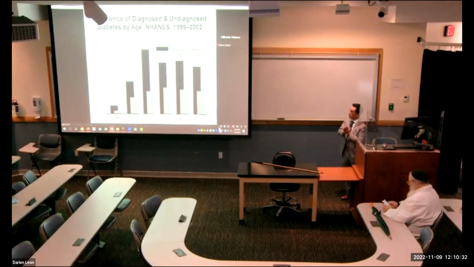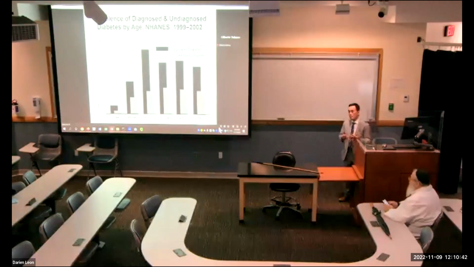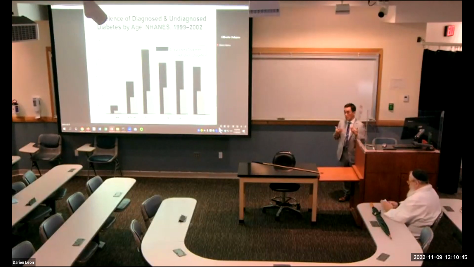All of you know that diabetes is really at epidemic levels in the United States and around the world. What is a little bit less appreciated is that diabetes is a disease of older age. It's a disease of older adults. You can see this from this prevalence figure from 1999 to 2002, which shows the prevalence of undiagnosed and diagnosed diabetes by age. Just to remember, basically a quarter of older adults, people over the age of 65, have some form of diabetes, the majority of it being type 2 diabetes.